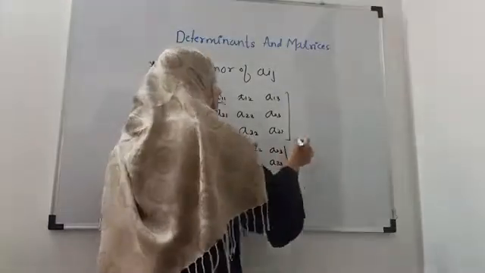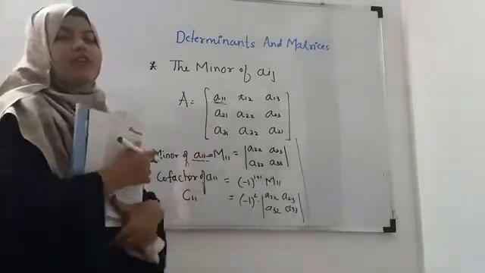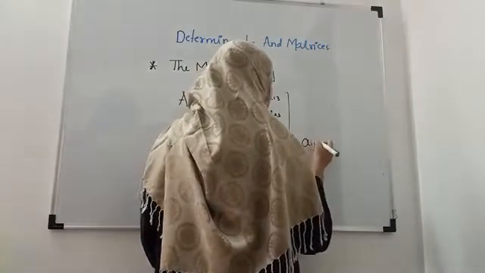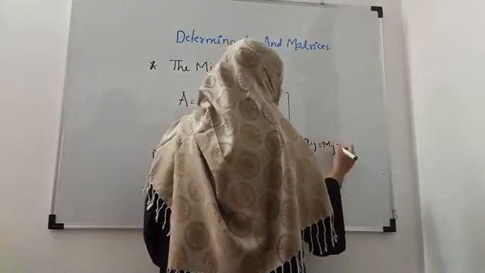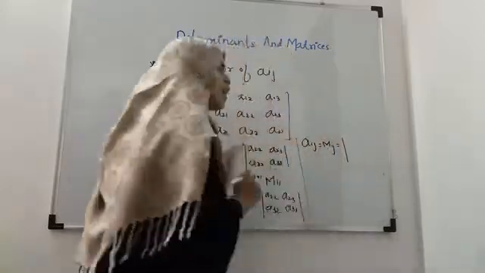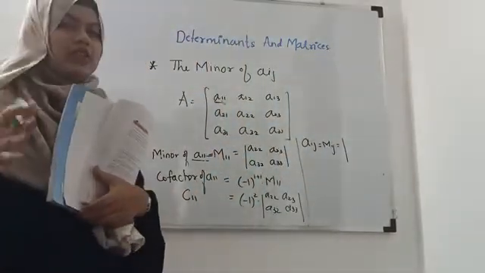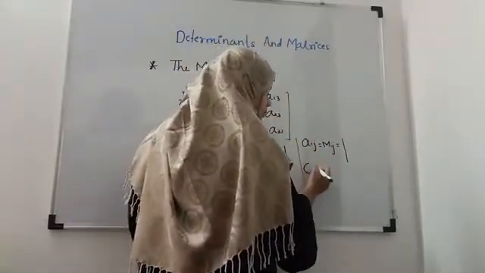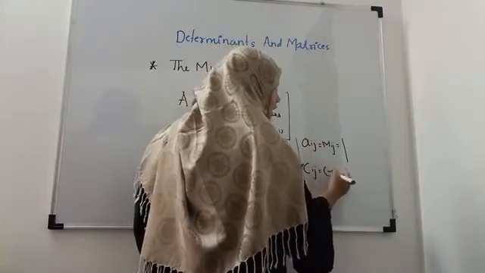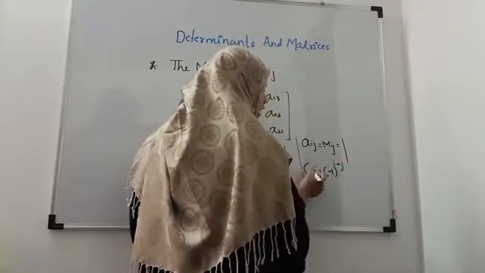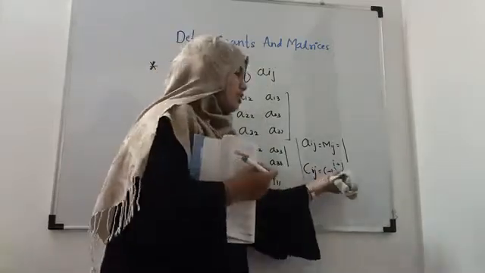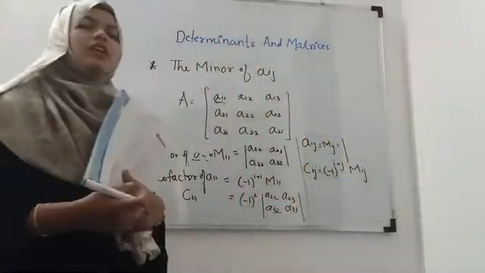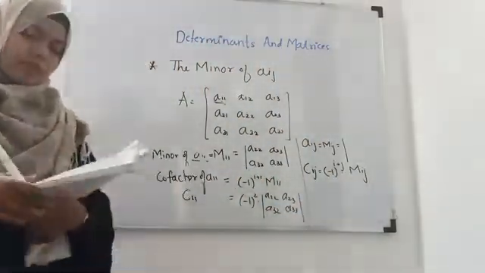So this is the cofactor of the first entry. In general, what is the formula for the cofactor of Aij? Mij means you have to eliminate the ith row and jth column, and find the determinant of the corresponding remaining entries. Therefore Cij, the cofactor of Aij, is minus 1 raised to i plus j, whatever entries are there in the suffix, you just add them, and multiply by Mij. So you will get the cofactor. Okay, so we'll do one example.